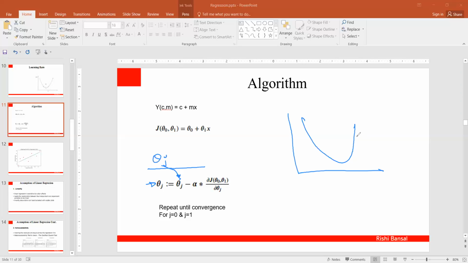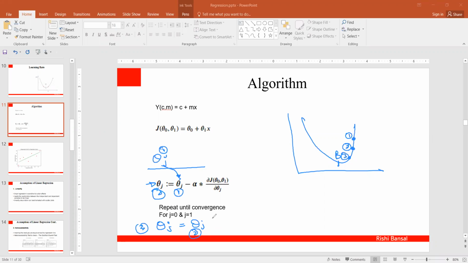You are in this graph, you got this point, you have to come to this point, best fit line, but you will not come in one shot, you will come here. So this is the point 1 and this is the point 2. So this theta j is from point 1. And when you calculate, you are calculating theta j for point 2. After this you will come to point 3, then again for point 3 you will calculate theta j, and this time you will use the theta j from the second point.